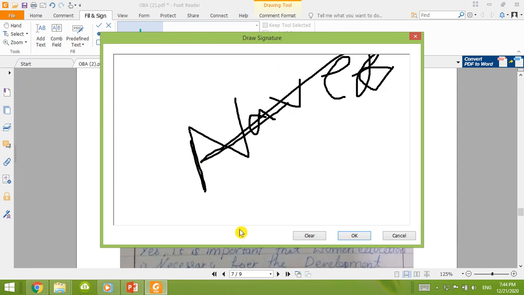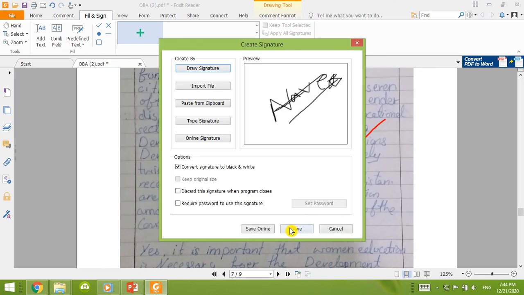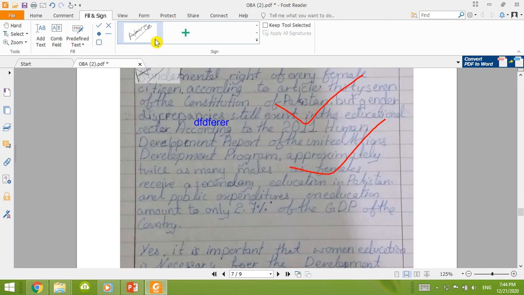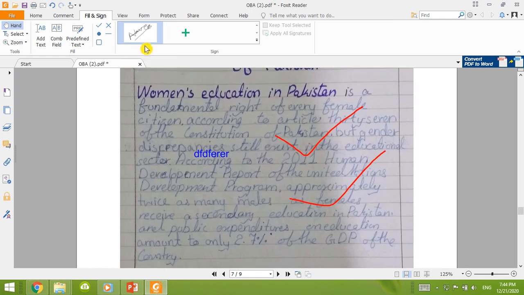You can do this signature on your document. So okay, save. So this feature will be saved here. You can drag this feature and you can also select and sign.